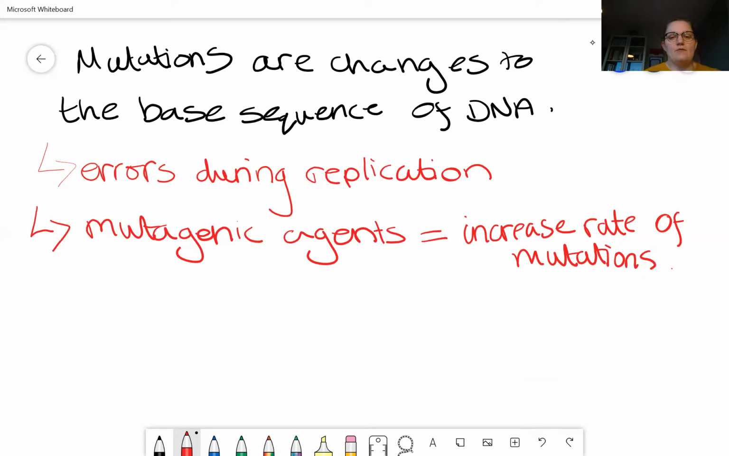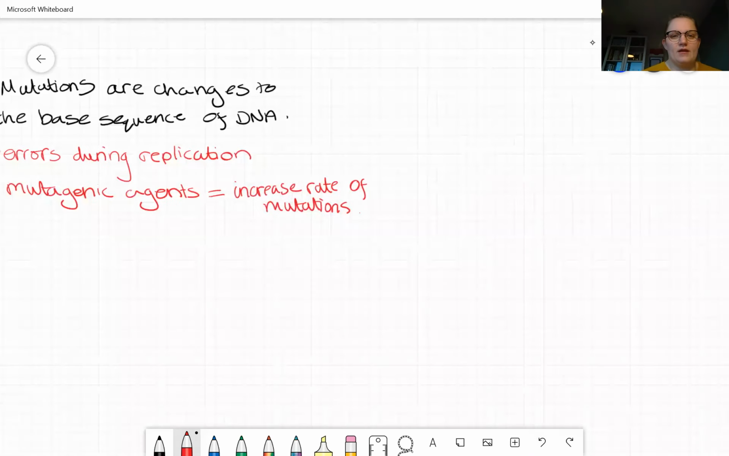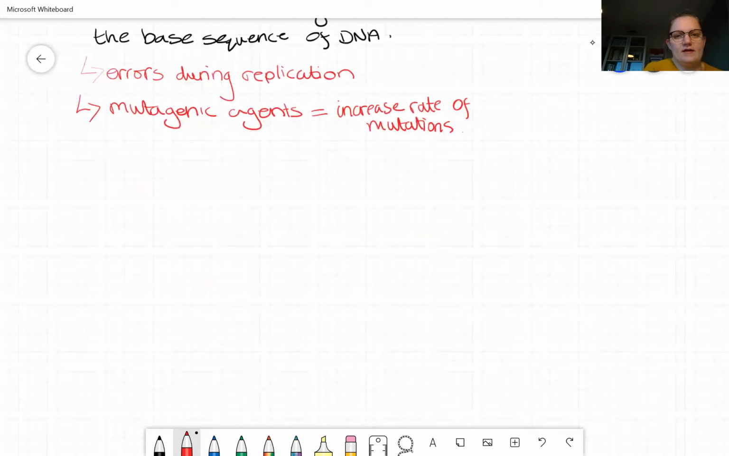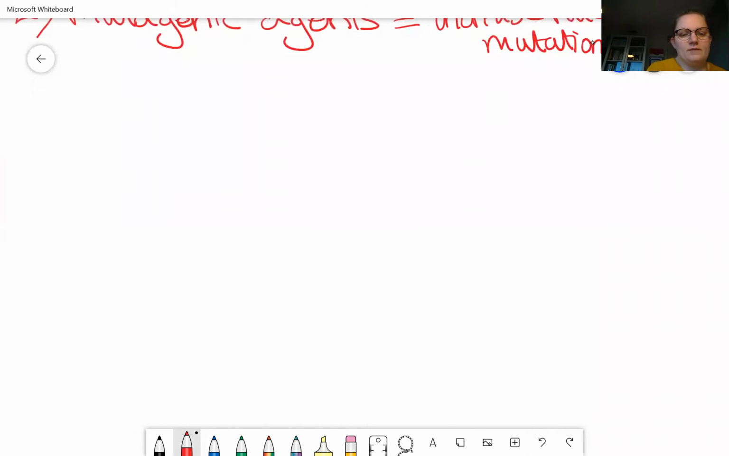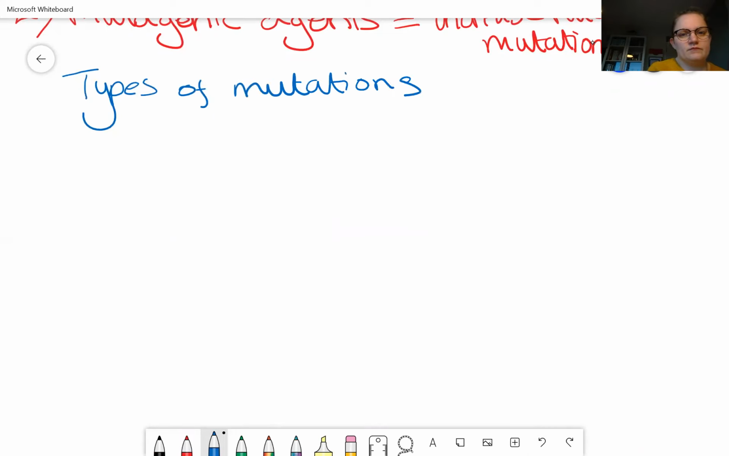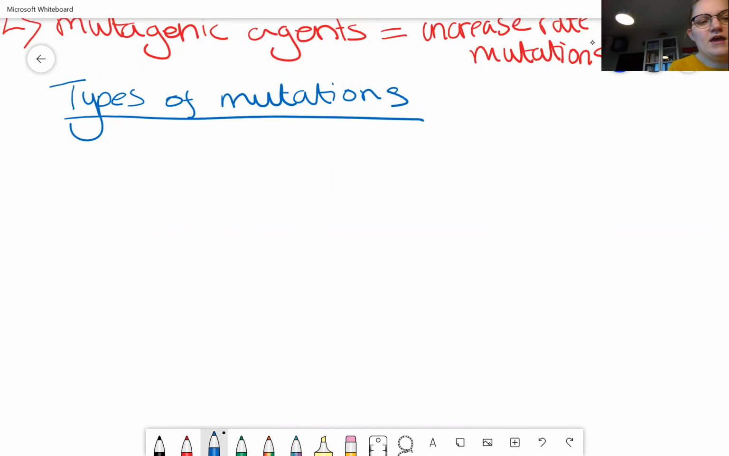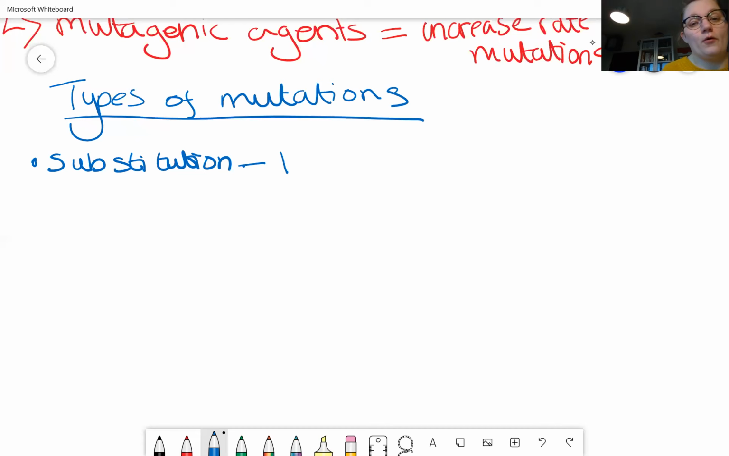So the types of mutations that we can get, well, we started this the other day, and let's just have a quick look at the types that we can get. So let's do this here. Types of mutations. We've got a list of 6. We did 3 of them the other day, but we've actually got 6 that we need to know. So first one we did the other day, and that is substitution. So substitution is where one or more